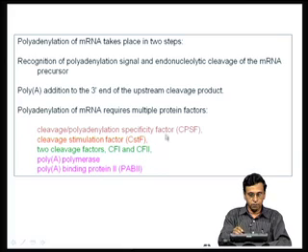Now, there are three protein factors which play a very important role in the recognition of the polyadenylation signal and endonucleolytic cleavage of the pre-messenger RNA, and they are called as